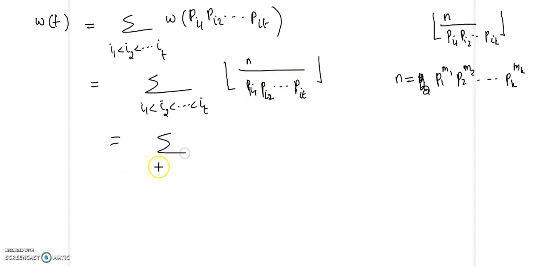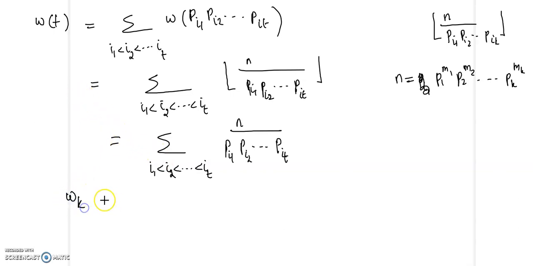So therefore you are going to get the summation over i1 less than i2 less than etc. less than it, and this is going to be an integer, n by pi1 pi2 etc. pit. That is omega of t. Omega of t will be this summation. Now when we take omega of k, that will be omega of